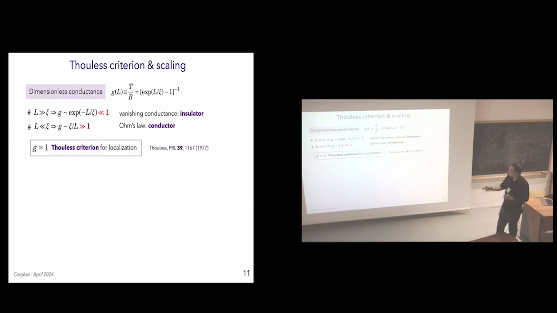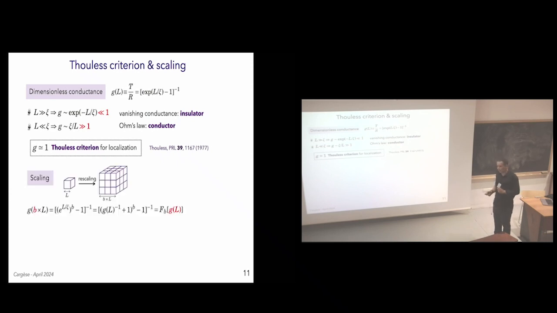And this condition is actually the very general criterion for Anderson localization, which is due to Thouless in the 70s. It's nowadays called the Thouless criterion. It's a criterion that was actually based on spectral considerations, but which was suggested to be a good criterion for localization, not only in 1D, but in any dimension. Okay, so that's what I will suppose from now.